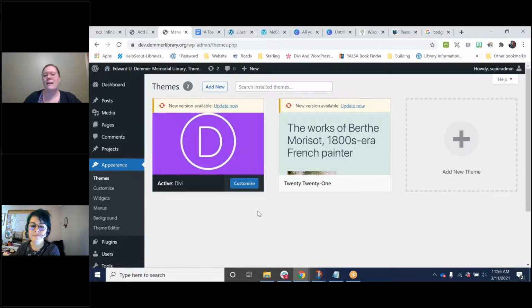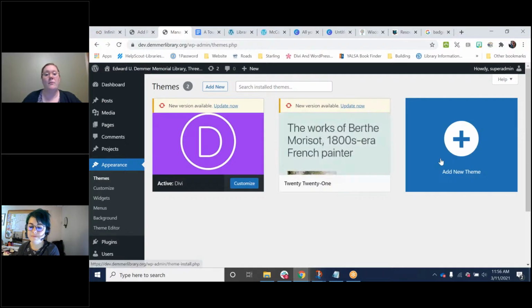I don't have to rely on a theme to make it look a certain way. I can plug things in and change the design, and it's a beautiful way to do it. There is a cost to it, but if you're operating on a zero budget, all of the themes are more than capable of doing what you need them to do.